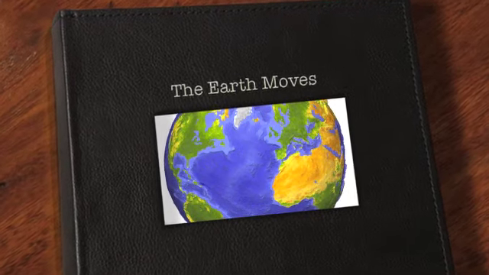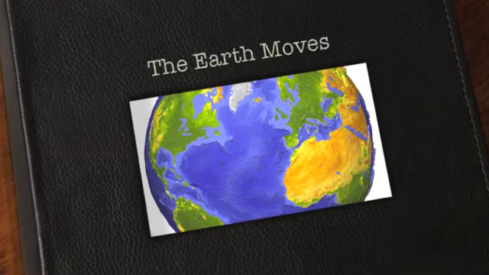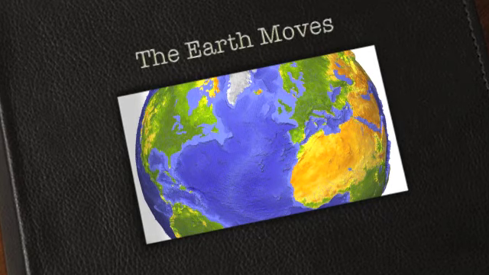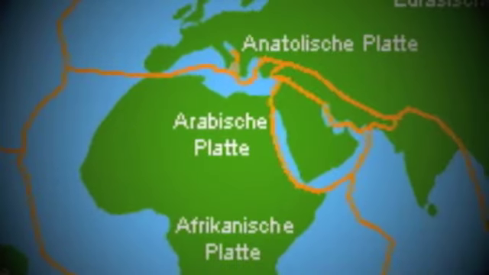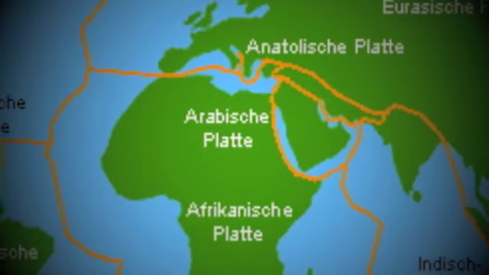How do earthquakes and volcanoes occur? Why are the continents far away from each other? How were mountains formed? There were a lot of unanswered questions that were finally answered by the theory of plate tectonics. However, there were many theories that led to plate tectonics, such as continental drift.